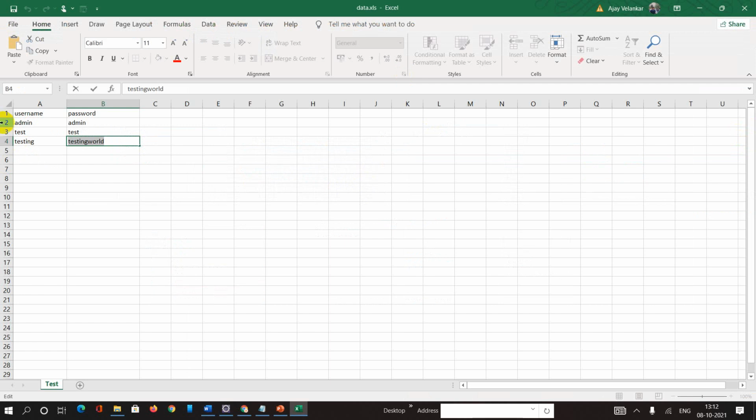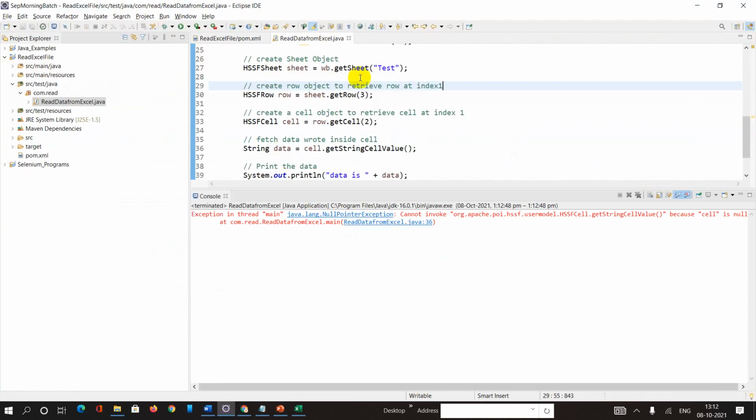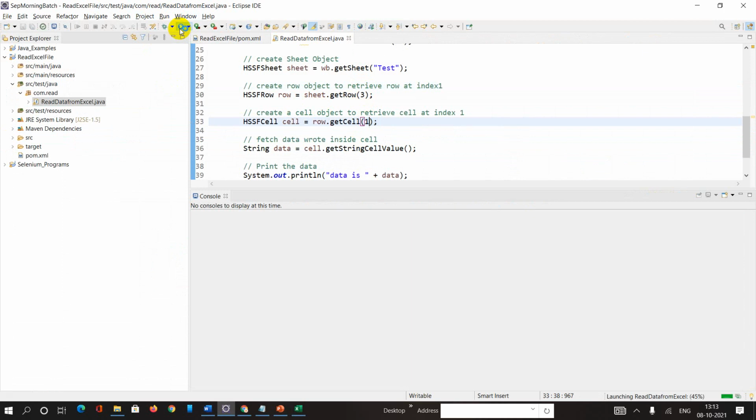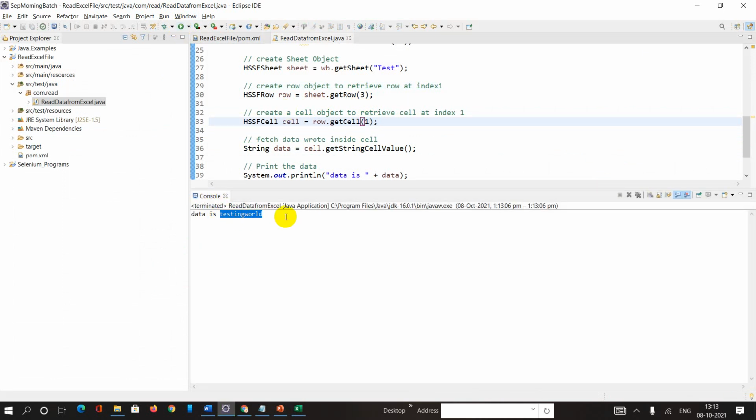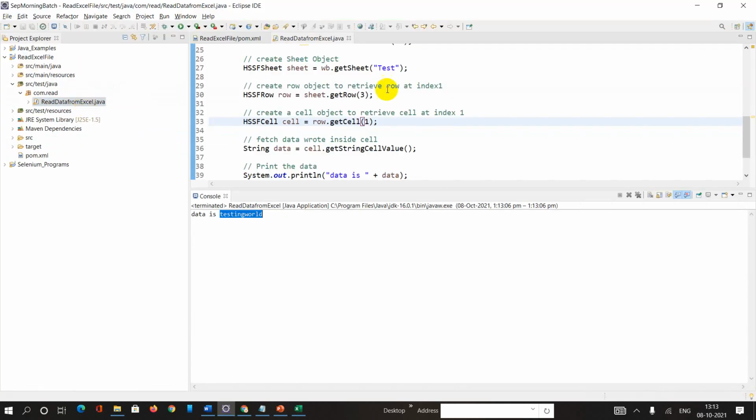This is my third row. Just a second. Okay, can you see the testing word? Data is my testing word. This is my first cell, that is the column position. So that's what it is retrieving, the data. Data is testing word.